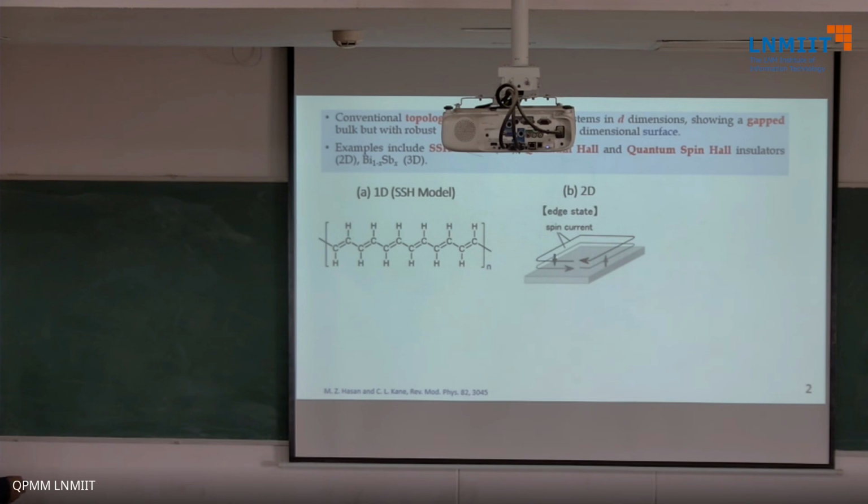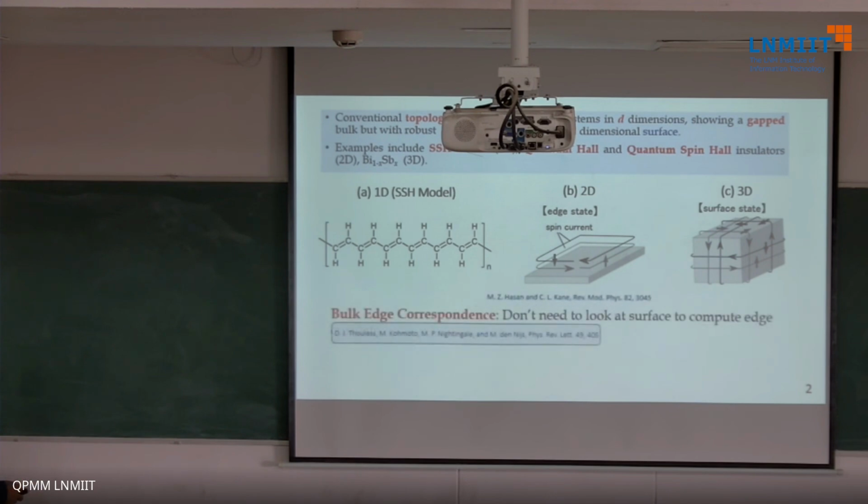be some zero modes or conducting modes. Here, of course, there are insulating modes. And in 2D, there are these currents along the periphery. And in 3D, there are surface states. So the bulk is insulating and the surface is conducting here. Here the bulk is insulating and the edges are conducting. Here the bulk is insulating and maybe the edges have some distinct properties.